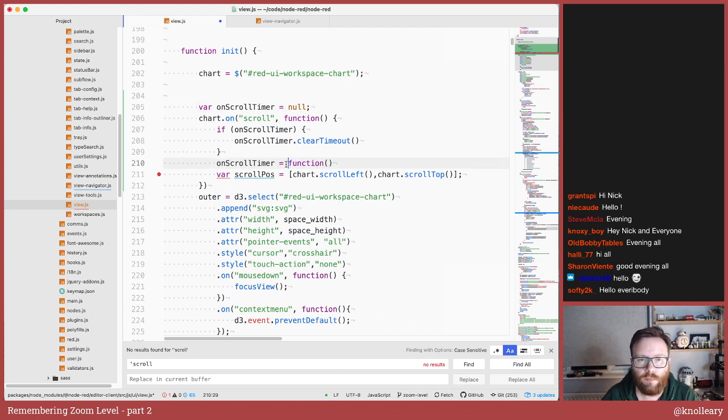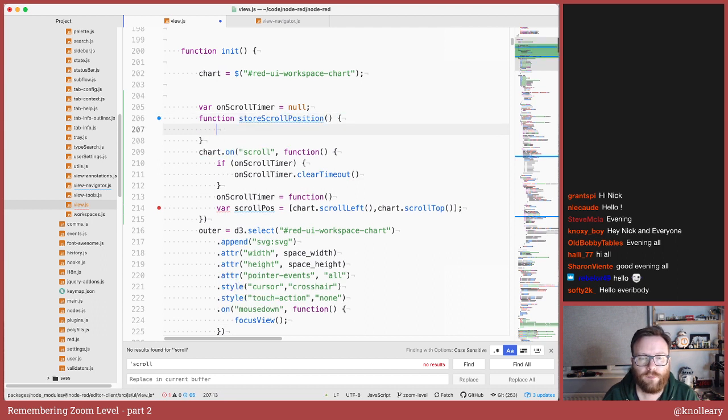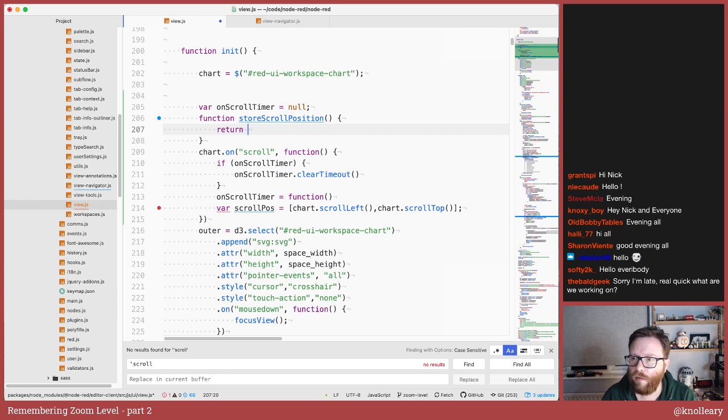In fact, we don't want to be redefining this function every time, so we're going to say store scroll position as a function, and this is going to return.